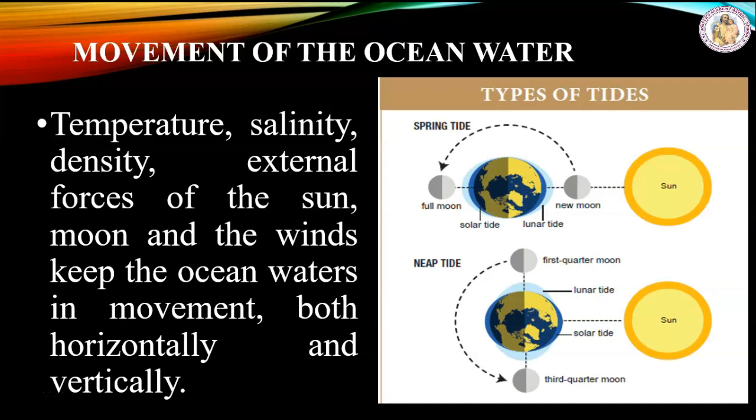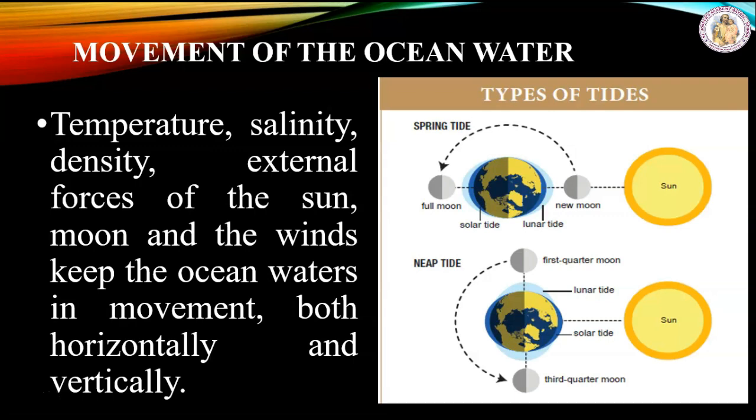Ocean currents. The movement of oceanic water on the surface and at the depth in a definite direction is called ocean current. Ocean currents are in clockwise motion in the northern hemisphere and in anti-clockwise motion in the southern hemisphere. The factors that generate ocean currents are Earth's rotation, prevailing winds and difference in temperature and salinity of ocean water. On the basis of temperature, ocean currents are classified as warm currents and cold currents.